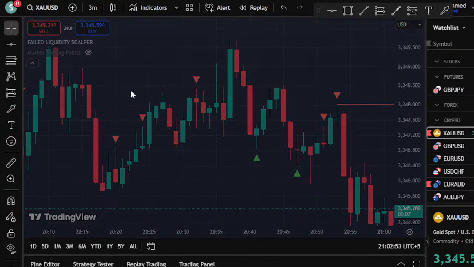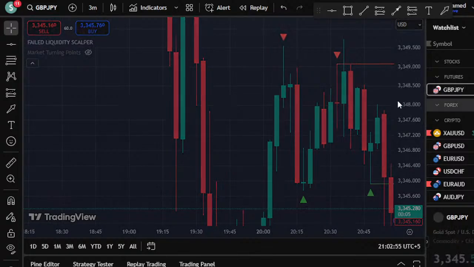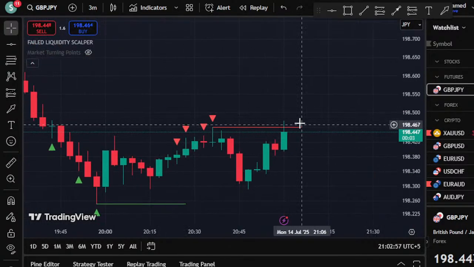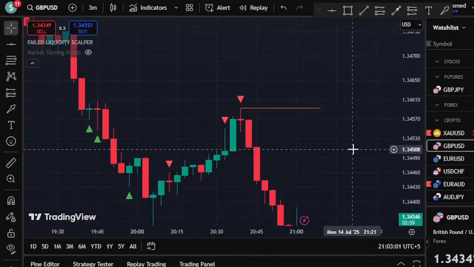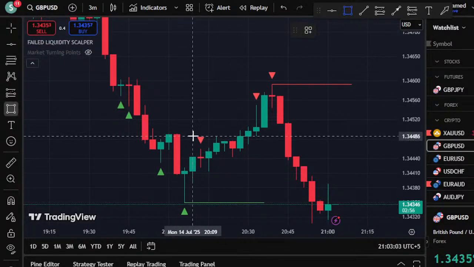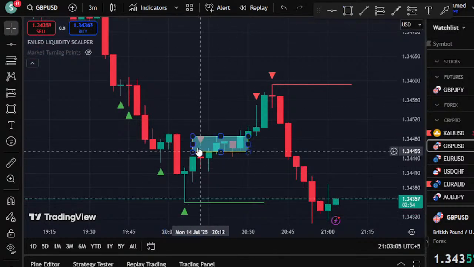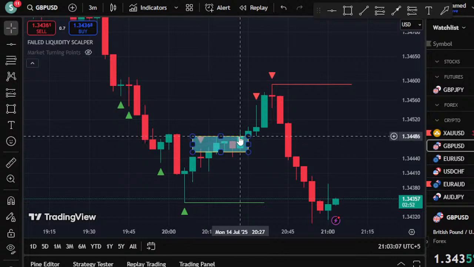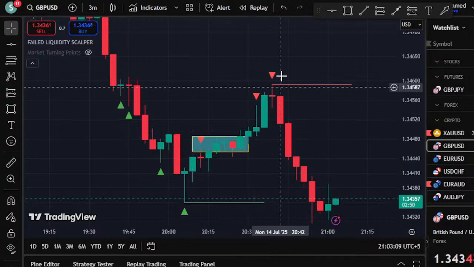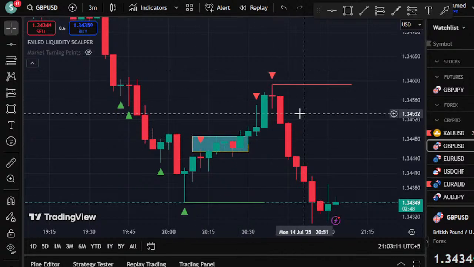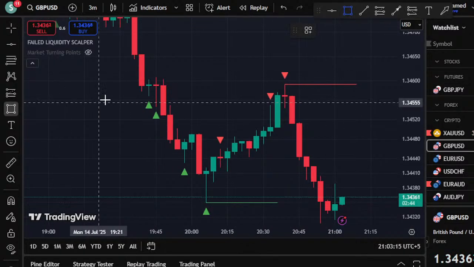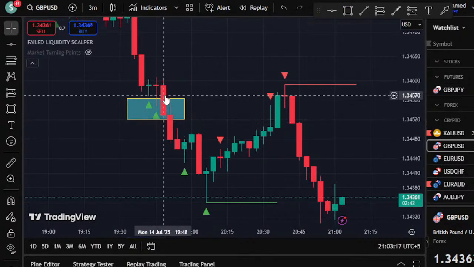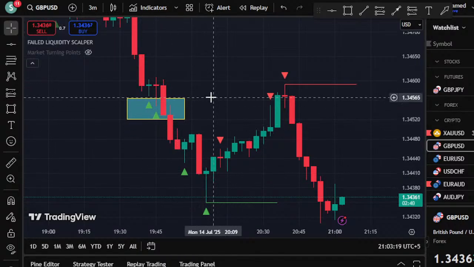Now I'm going back to 3 minute again, and let's see one by one what's happening in the market. If you go to my Telegram channel, I have shared this trade with my students and subscribers on Telegram. This was the liquidity failure, and I shared this trade, and then you can see where the price stands. The price went way high. Just look at GBP USD. Before, it was the liquidity failure, and then it was the time to sell, not to buy.